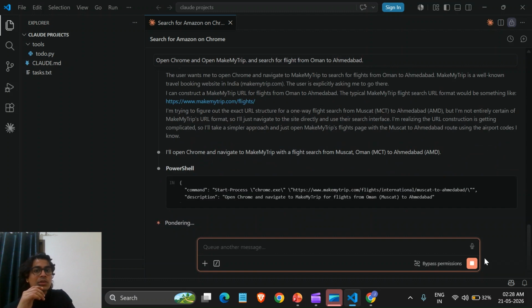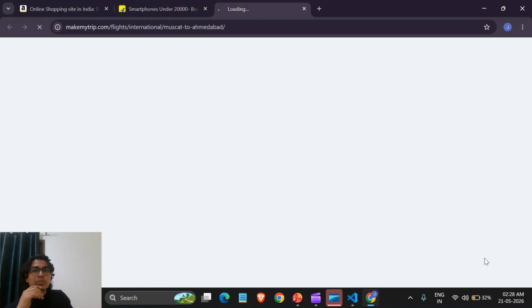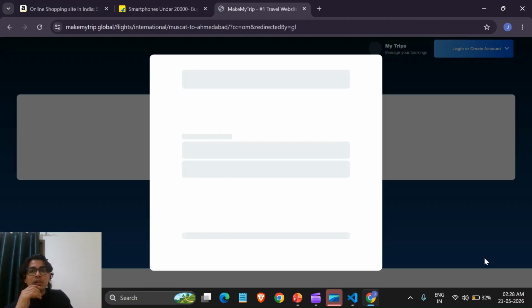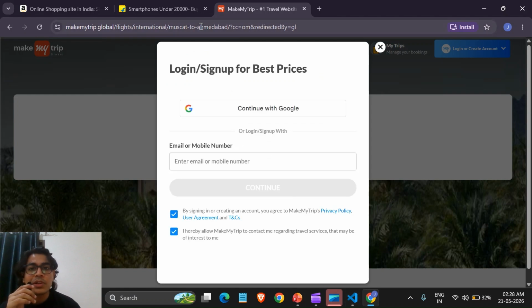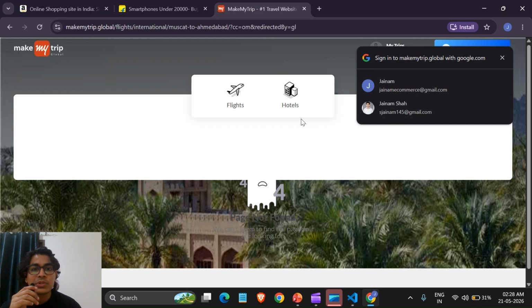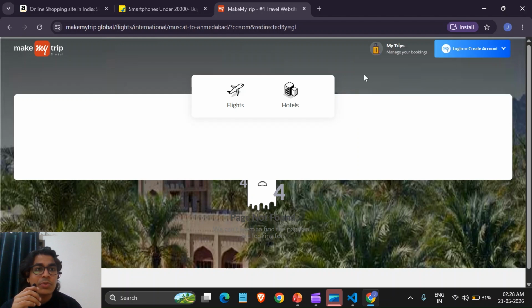So I will open. Fine. It is going to open this time. It is executing some commands. Okay, so MakeMyTrip. And if you see over here, from Muscat to Ahmedabad, it has already chosen this. But I won't be able to open this till I log in.